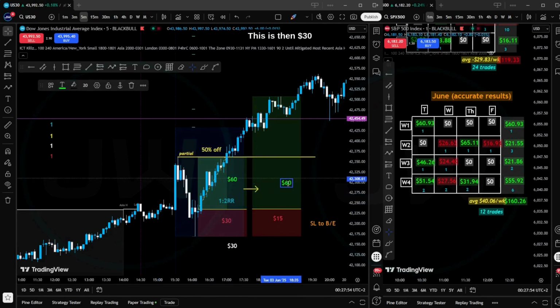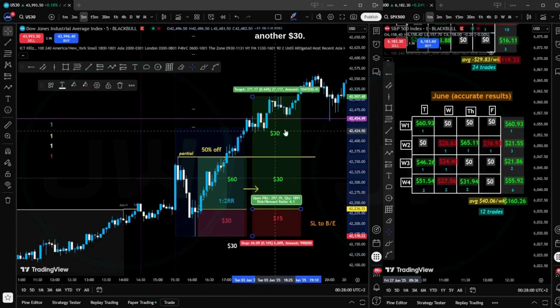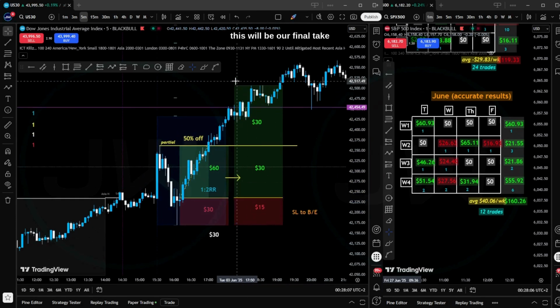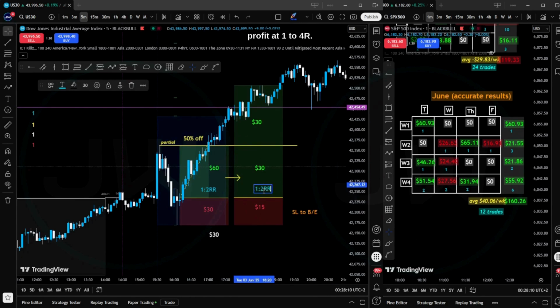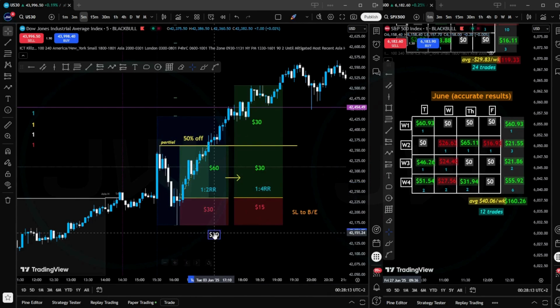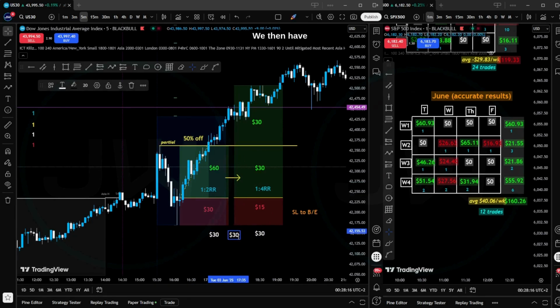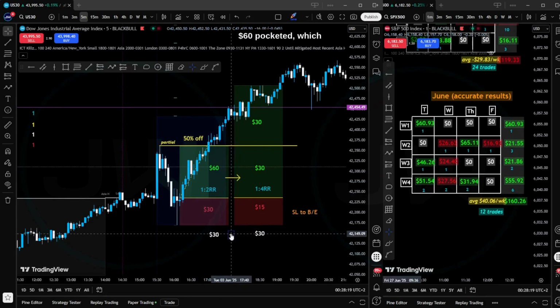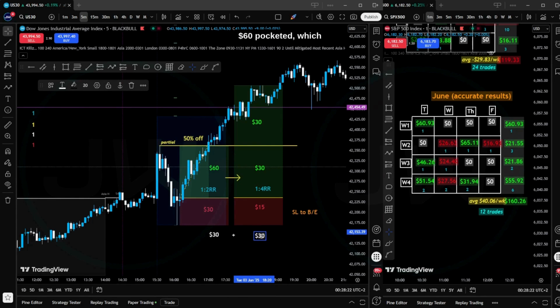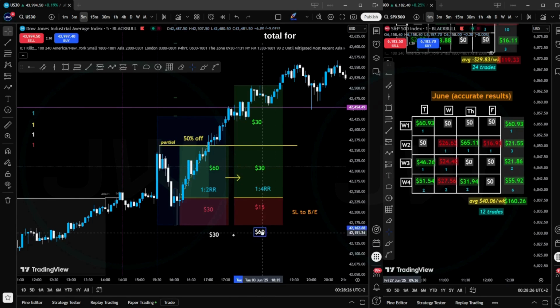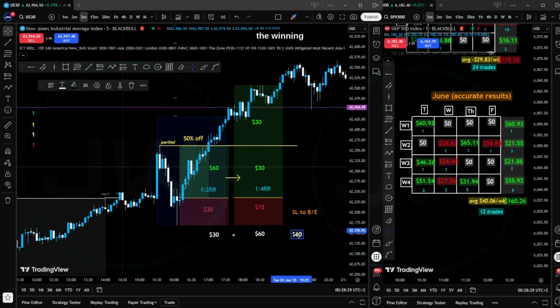This is then $30 and another $30, so in total $60. And this will be our final take profit at 1 to 4R. We then have $30 plus another $60 pocketed, which gives us a total of $90 in total for the winning